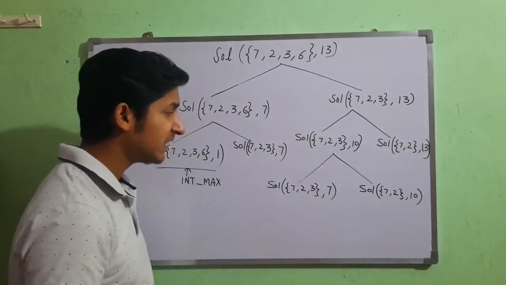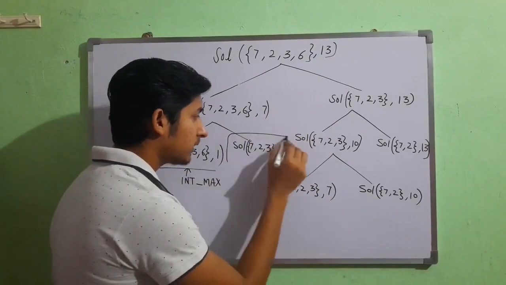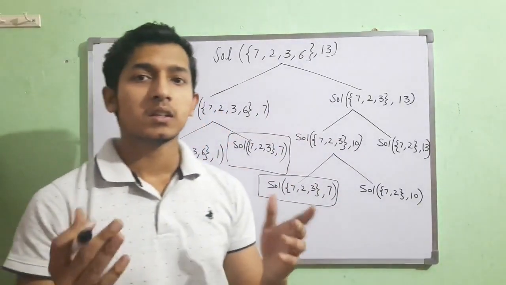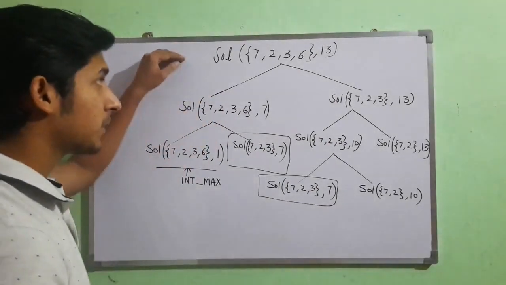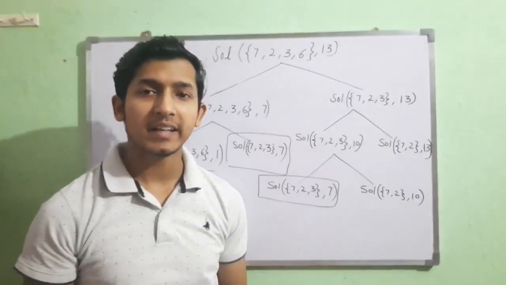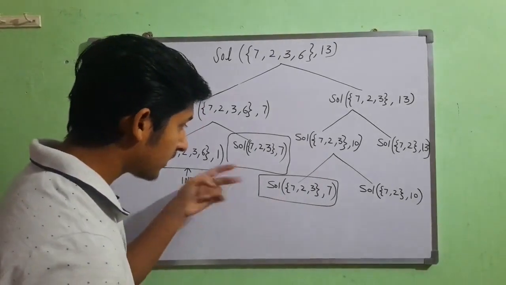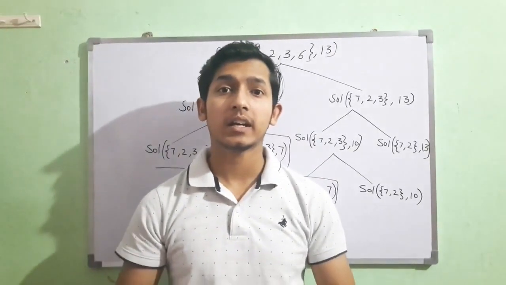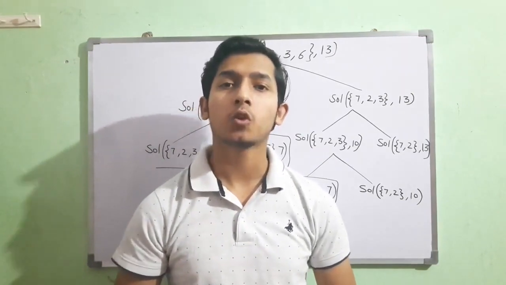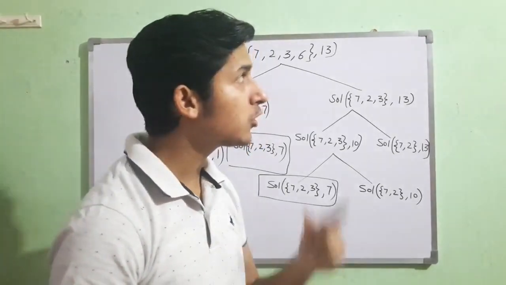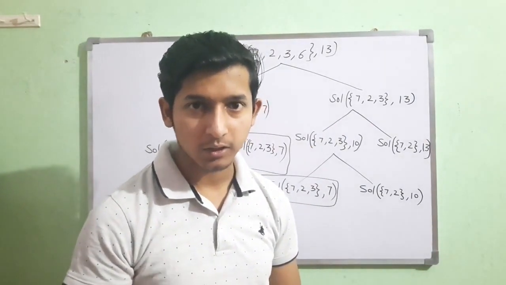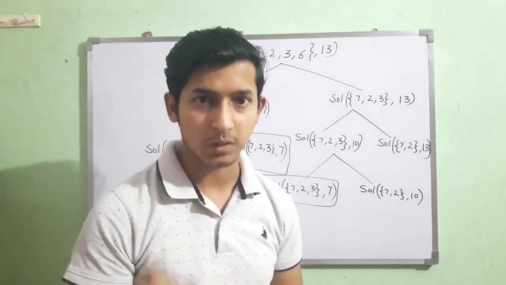So now we can see that this is the same as this. So again, optimal subproblem because minimum is here, and overlapping subproblems because the same thing is to be calculated separately. So again we come to dynamic programming. If you do not know what dynamic programming is, click the top right corner I button on your screen and check out my video to understand the approach for dynamic programming.